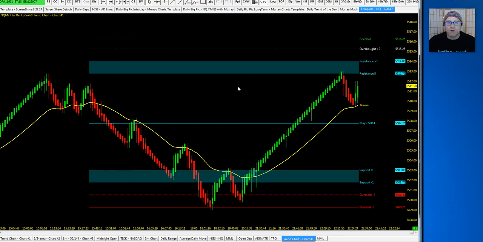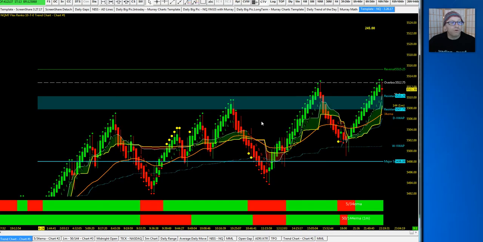Now, at some point in the Globex session, especially on a 1 or 2 minute, this will change. I'm not recommending or saying that a 1 or 2 minute cannot work during the trading day. Obviously, with more price action, you could try this out. You can use just the MML if that works for you. But again, when you put this all together, as we do here in the Trading Fibs Strategy Room,